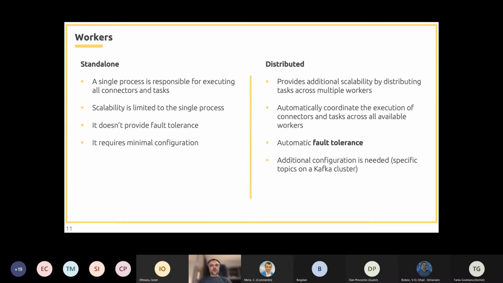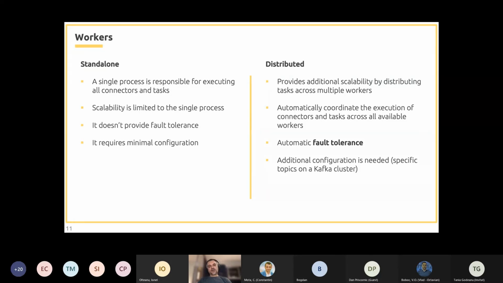But if we use two or more workers, then the scalability is improved, because now we can distribute our tasks across multiple machines. And Kafka Connect automatically coordinates the execution of our tasks across all available workers. And of course, now we have automatic failover capabilities.